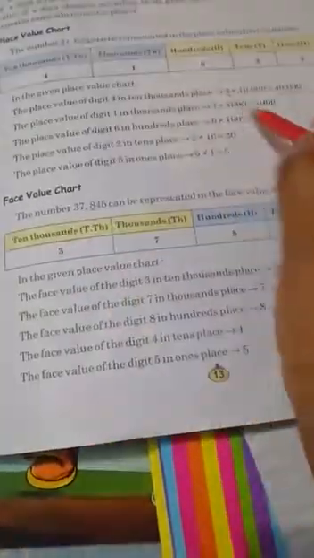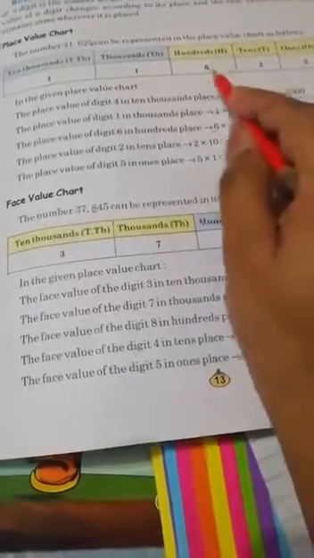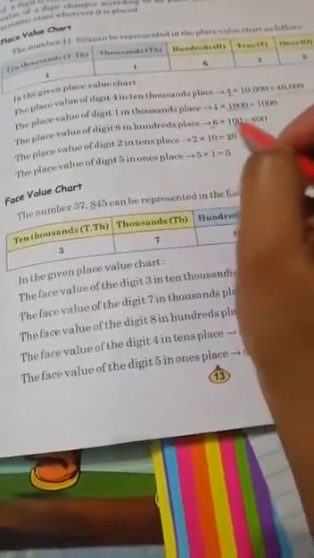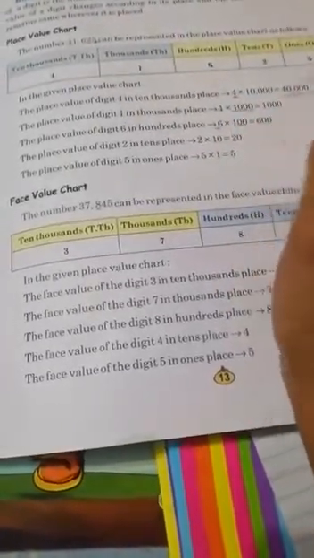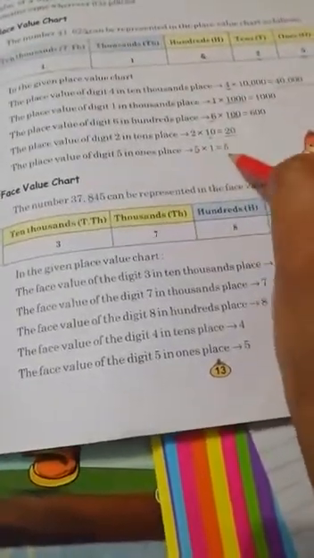Now next we have 1 itself, and in which place is it? 1,000. So we multiply by 1,000, 1,000. Next 6 itself, and in which place? 100. So multiply by 100, 600. The next we have 2, and in which place? Tens. So 2 multiplied by 10, 20. Same for the 5. Since we don't have any 0, we multiply by 1, 5. Easy.